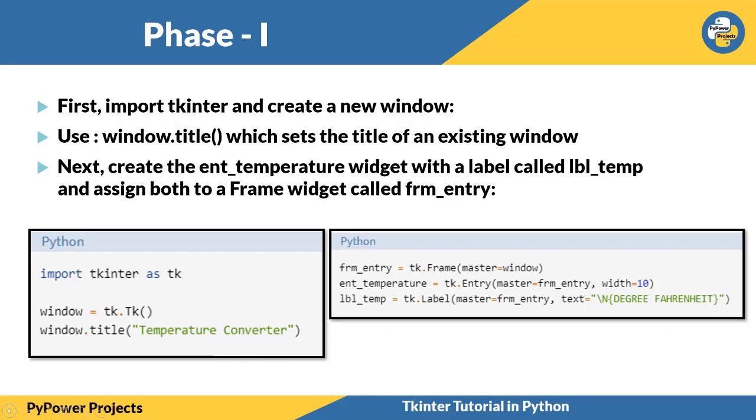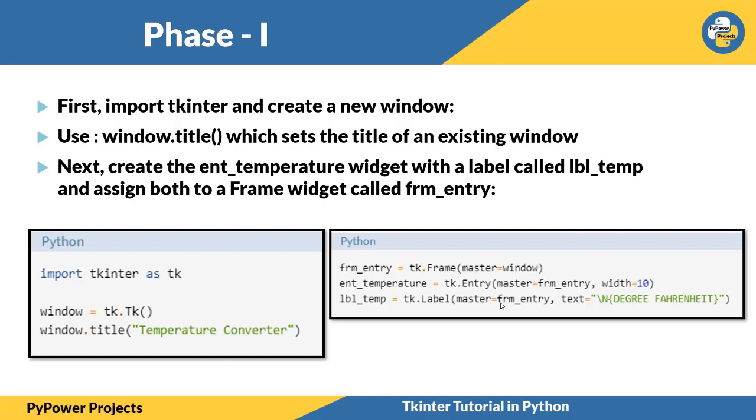So we can see here I have imported Tkinter, I have used the main frame, that is the temperature converter window. Here I have created the frame entry whose master is this. I have created one big frame inside the main frame, that is the window, so master will be equal to window. In that frame I need to create an entry widget for entering the temperature, so its master would be frame entry and its width would be 10. Label temperature is where I label what you need to enter, that is the degrees in Fahrenheit. Okay, this is part 1.